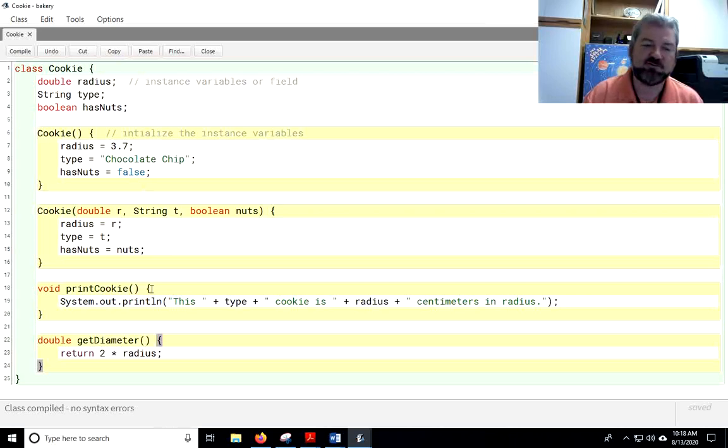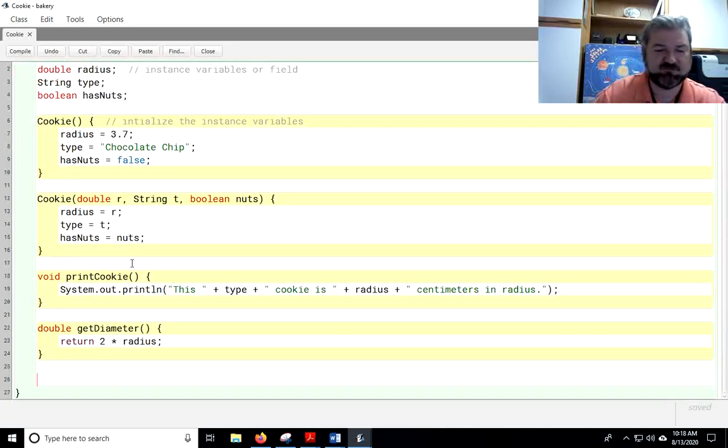All right, one other thing I want to look at before we close out this lesson is we've seen how to make default constructors. We've seen how to make constructors that take parameters. Let's see how to make a method that takes a parameter. So I'm going to change this class, no, I'm just going to add something here. Let's say,